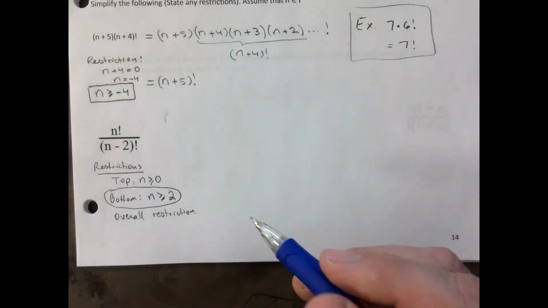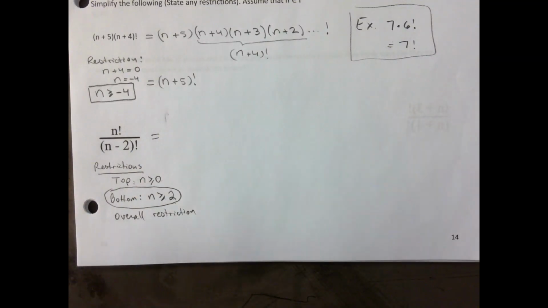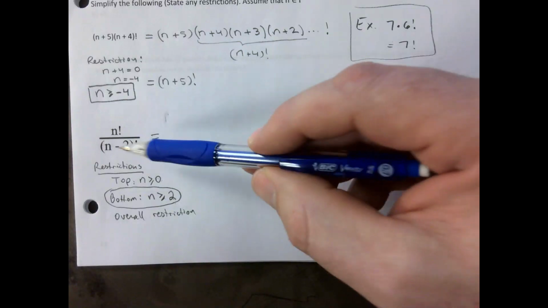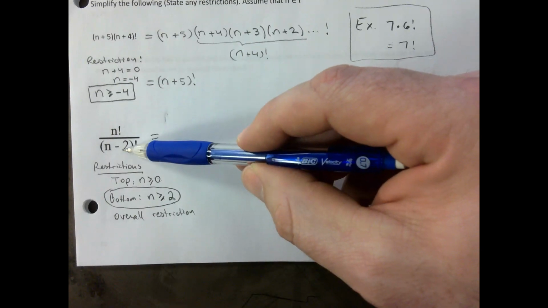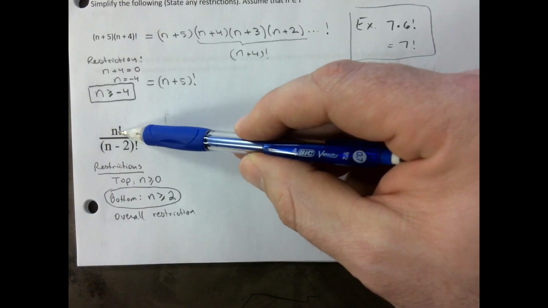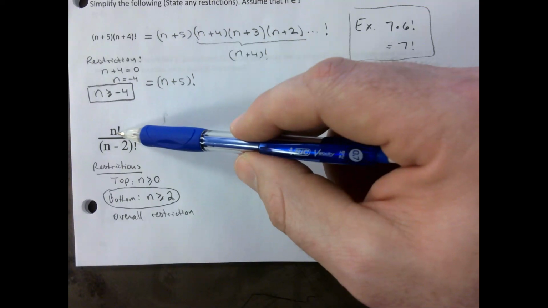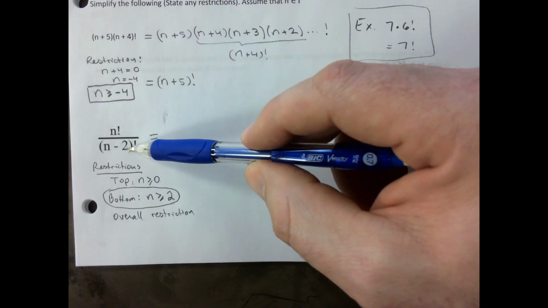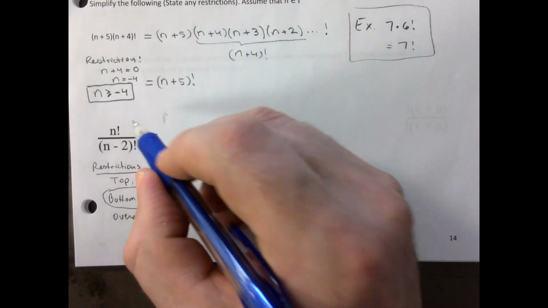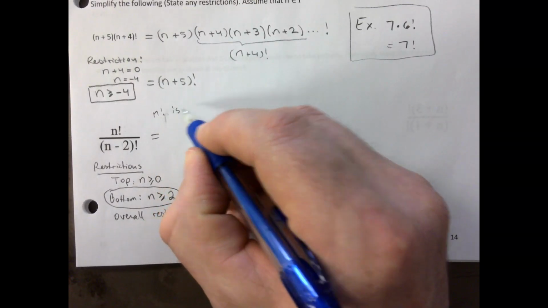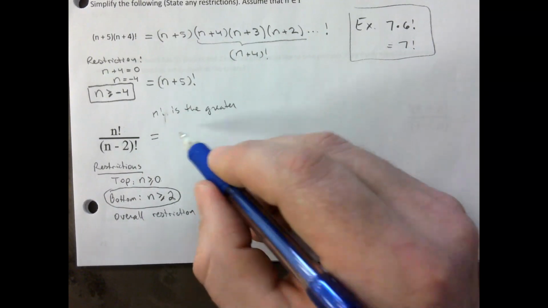Let's simplify this one now. Out of these two expressions, which one is greater? This one or this one? Hey, tell me to stop. I'm just kidding. This one is the greater one. N factorial is greater, because n minus 2 obviously would be the smaller factorial we would get. So we expand this one. N factorial is the greater expression. So I go n